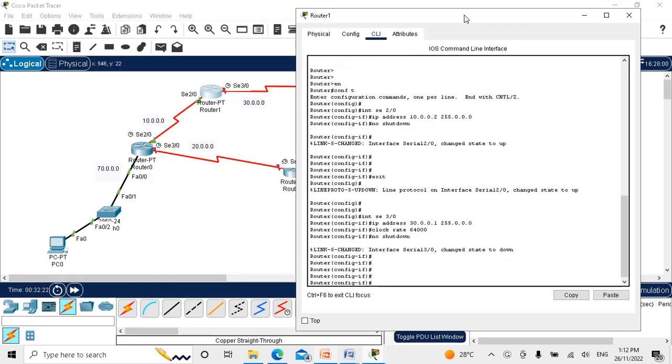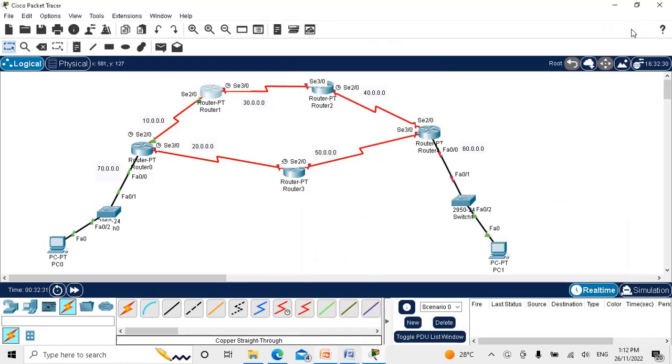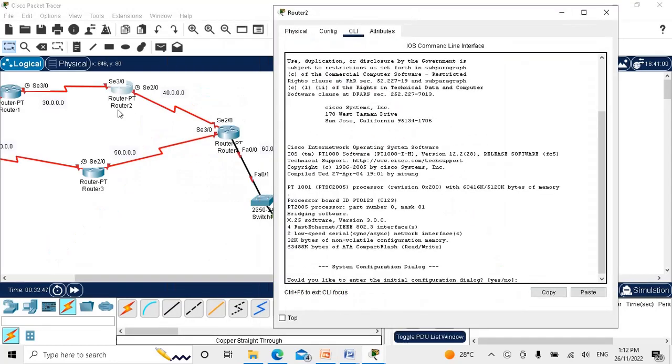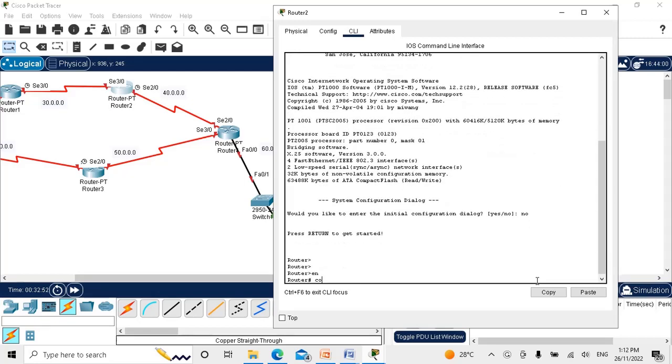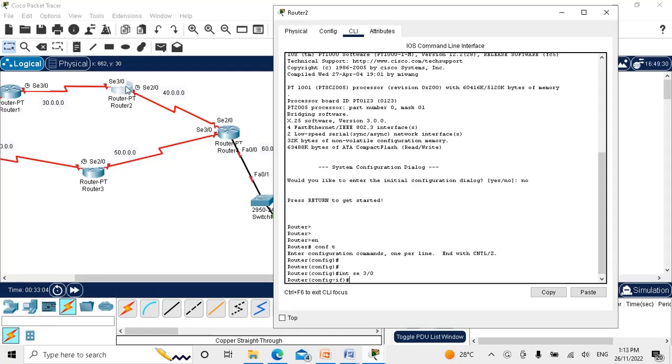So this is how you finish the configuration in router 1 as well. It is connected with only 2 ports, and then close it. Let's go to router 2 CLI mode. So router 2 is connected with serial port 3/0, config T, and you need to enter to the serial interface 3/0, and since this is the DTE side, you don't need to assign any clock rate. So I'm going to assign only the IP address, and you can see this is the 30.network, so I'm going to assign